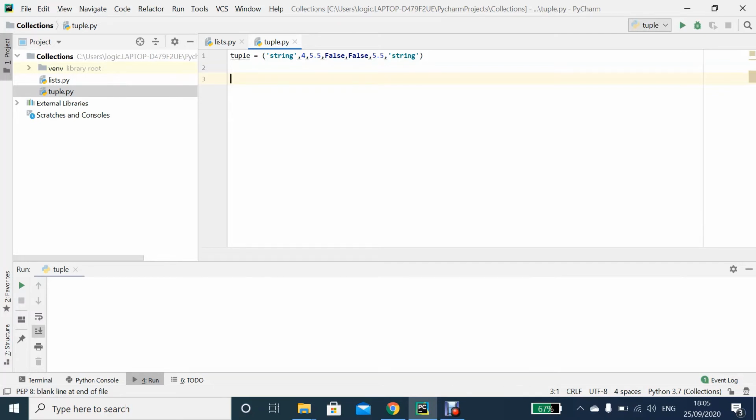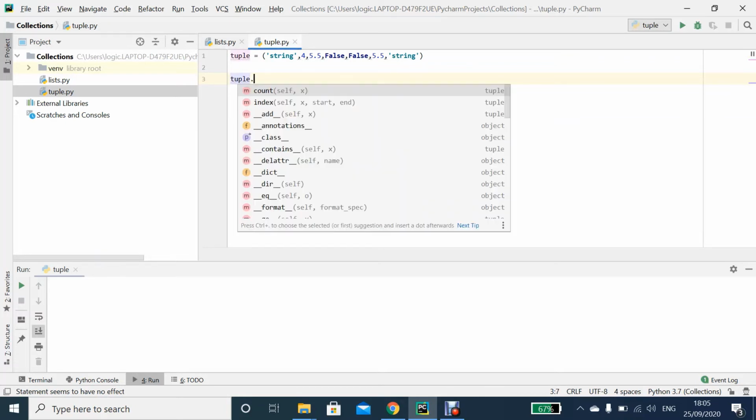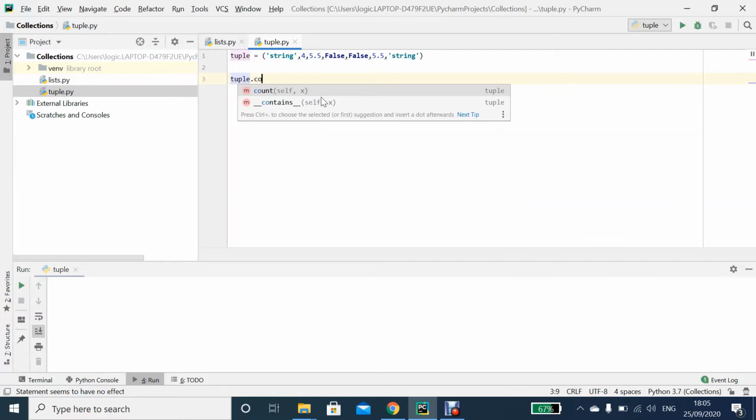Talking about duplicates brings me to count. What you have to do is say tuple, the variable name where you're storing your tuple, then a dot, and it will show you the methods that you can apply to your tuple. Here, you can only apply count and index. The rest of them aren't methods, okay? So count, as I said before, counts the number of times an element has occurred. So if I said count here,